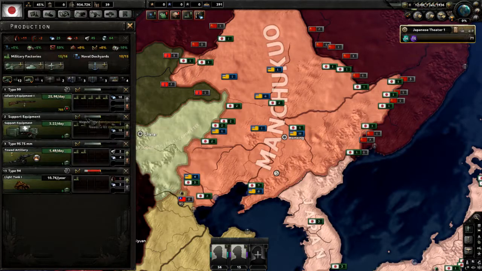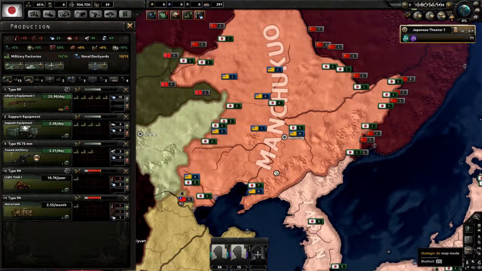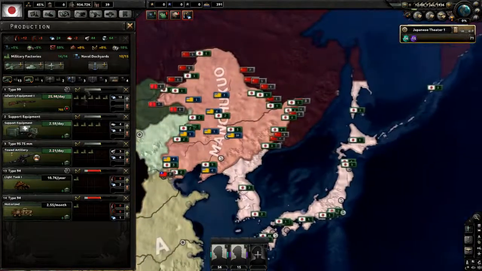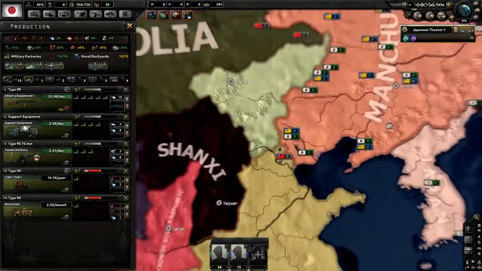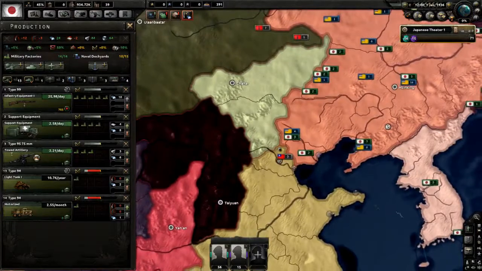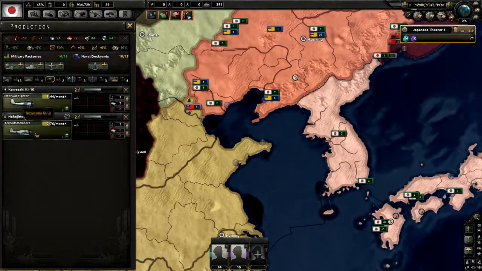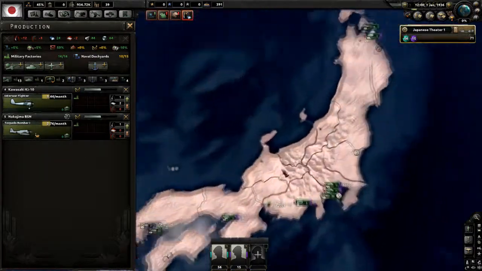We don't have any trucks. We're not going to use any planes early on in the campaign. Well, we have to as Japan, so we're going to be using what they've given us here, except for we're going to make...